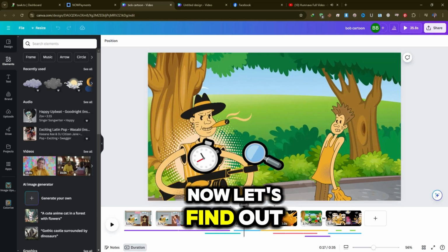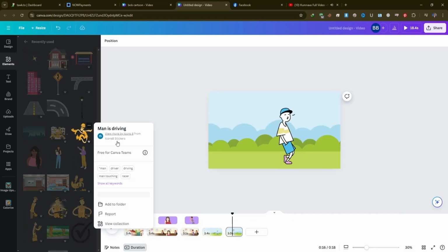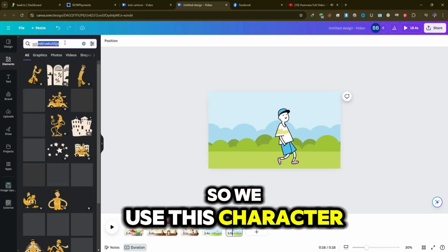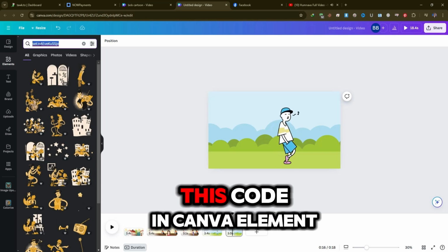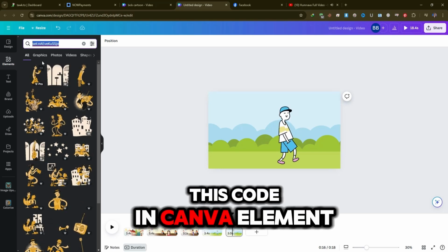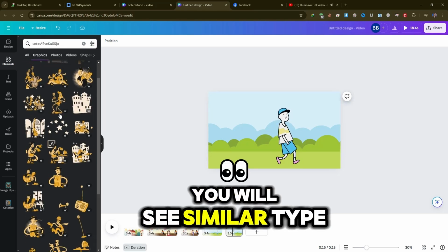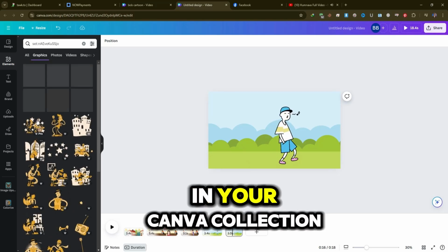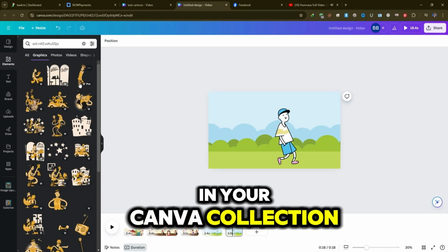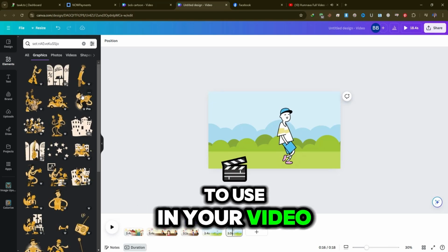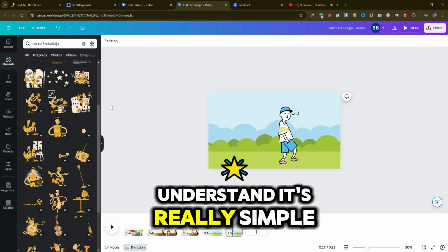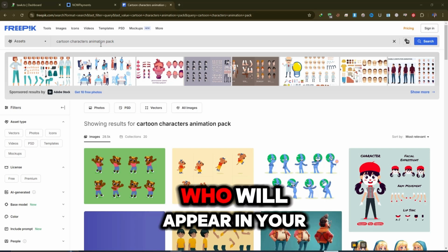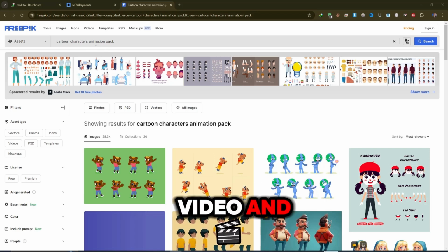Now let's find out our project here. Okay, so we use this character, and if you use this code in Canva elements, you will see a similar type of character in your Canva collection to use in your video. Understand? It's really simple. Now if you want the same character who will appear in your video and move here